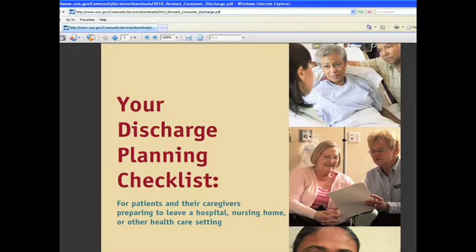I've included 2 CMS free publications in your packet. One is called your Discharge Planning Checklist, and that can be given by hospital discharge planners or nursing home discharge planners on admission. I'm going to show you how you can access that, but in addition to that, you'll see that I've put a little ADRC sticker to